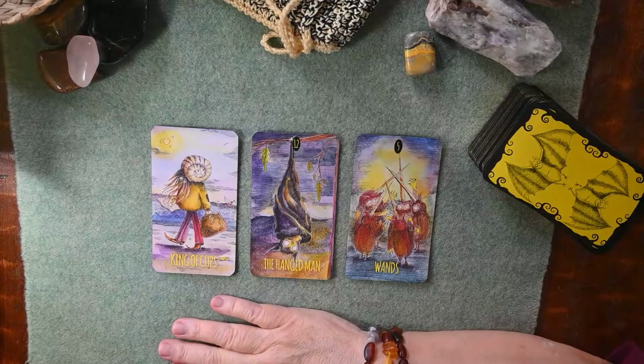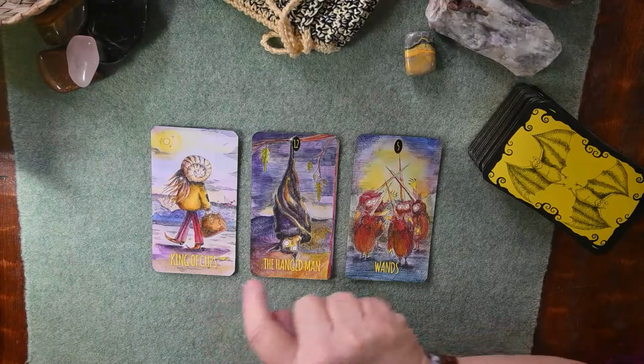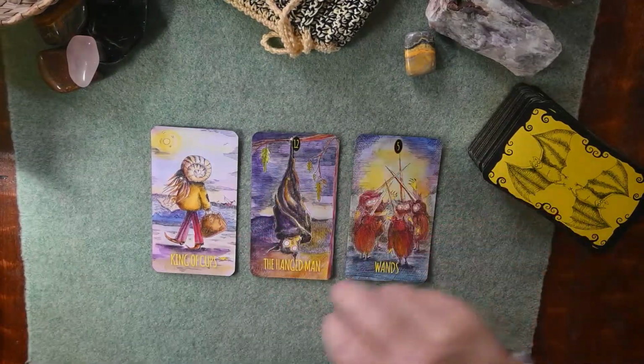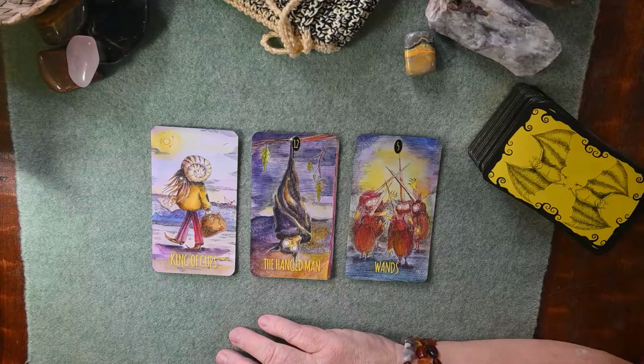Today I thought I would try a little bit of a twist on the basic three-card spread. We all have seen three-card spreads. There's so many. They're so versatile. I like them a lot. We use them in our classes a lot